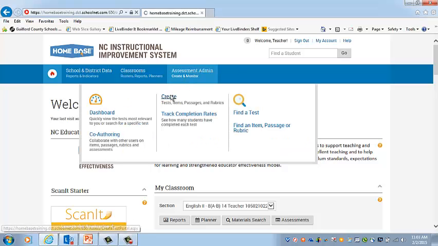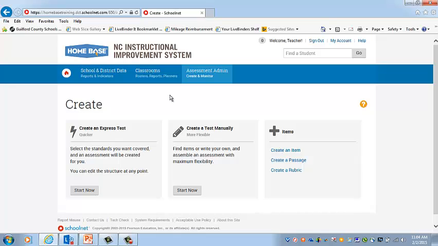click on the Create link, and this brings us up to the Create window. Here you will actually see where you can click on Create a Test manually, or you can also, in the Assessment Admin tab, create an express test from here too. So for this example, we're going to create a manual test and we're going to click on the Start Now